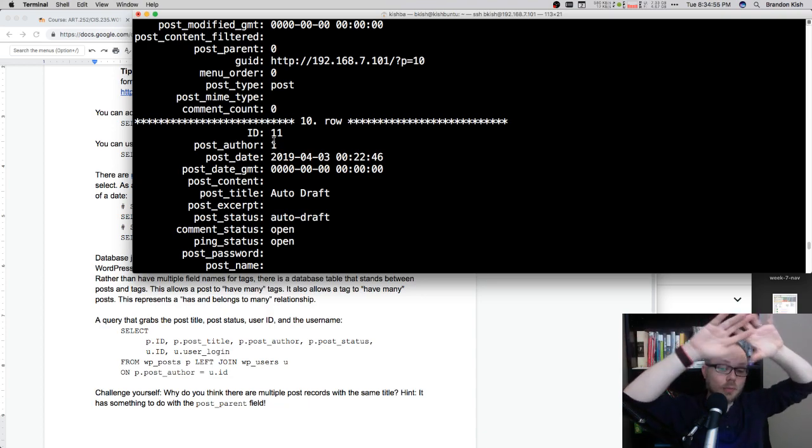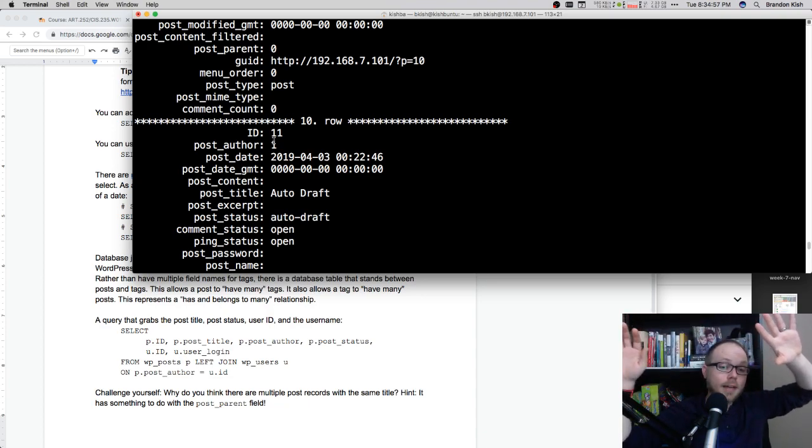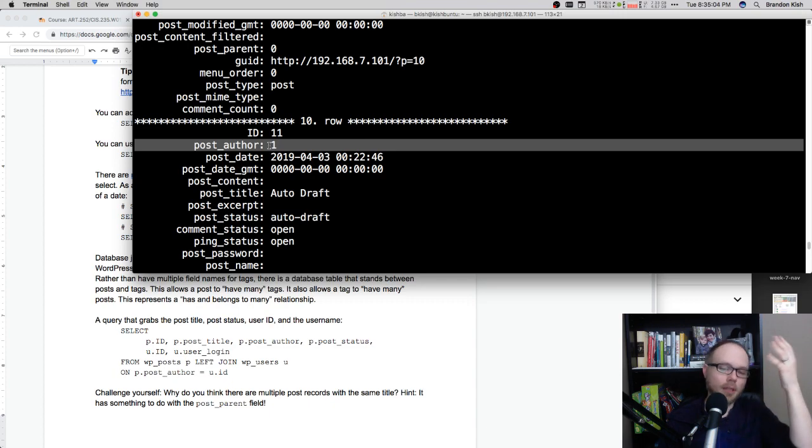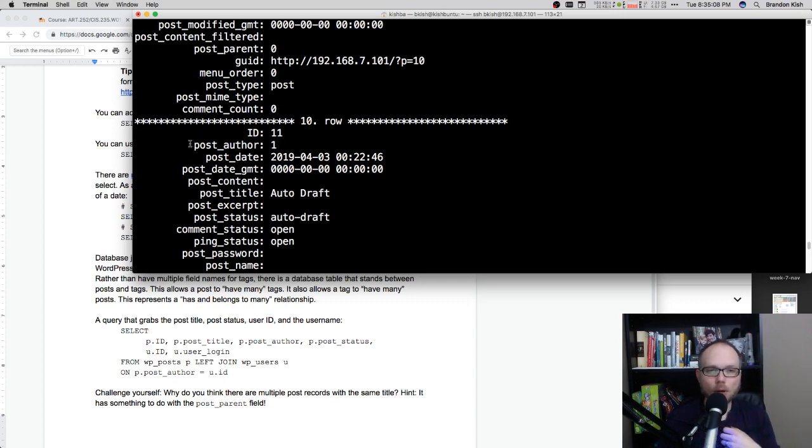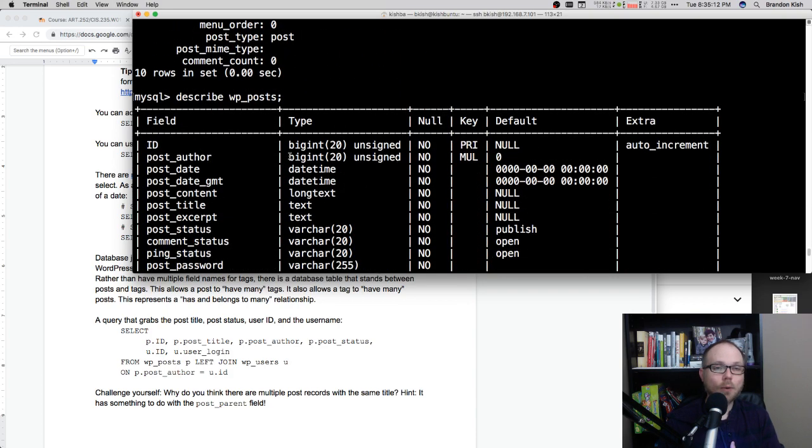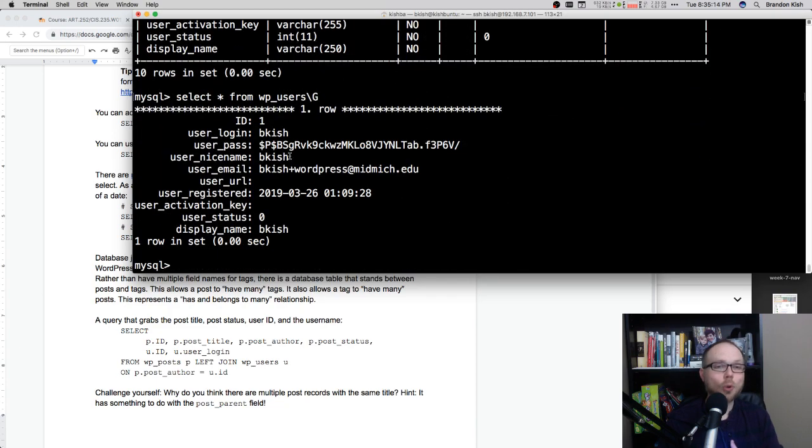So we have a post table, we have an authors table, and then that allows each post to be associated with an author who created it. Right? So instead of it being an authors table, I guess it's a users table, right? So a user can be an author. So on the post, I can store a number that represents who authored it. If I wanted to get the name of that person, I can join to the users table to get that information.